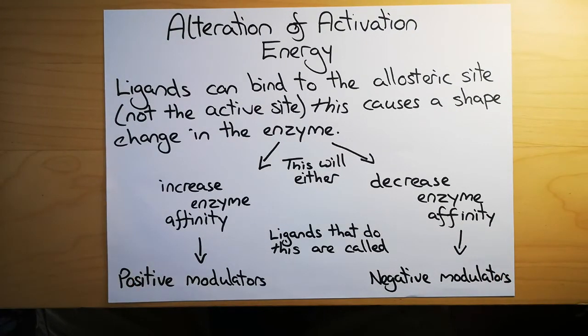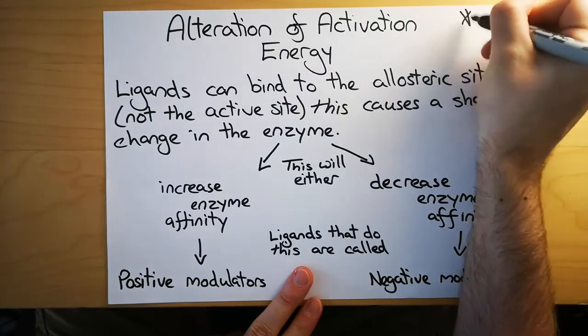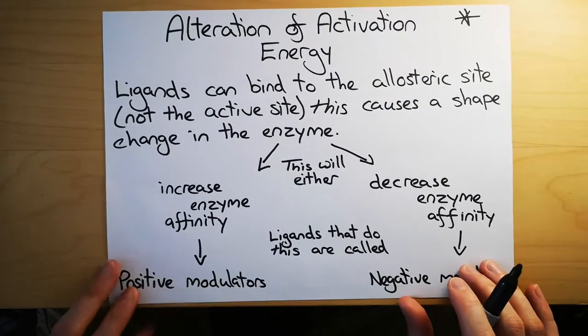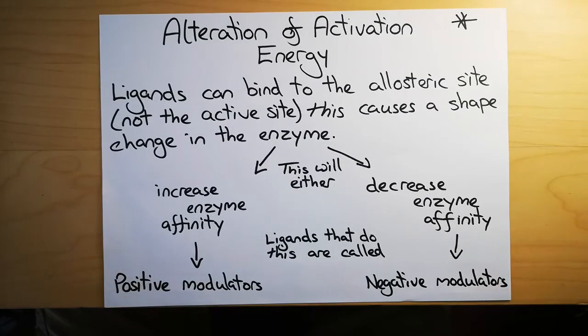of two things, and to be honest, this is probably one of the more important notes that we've got today, and the wording is going to be quite important. I can visualize the SQA creating questions about this already, so this is a pretty important little bit. So altered activation energy, really you can change the affinity of an enzyme for its substrate with ligands. So you can chuck something into the mix that's either going to make your enzyme work better and more effectively,